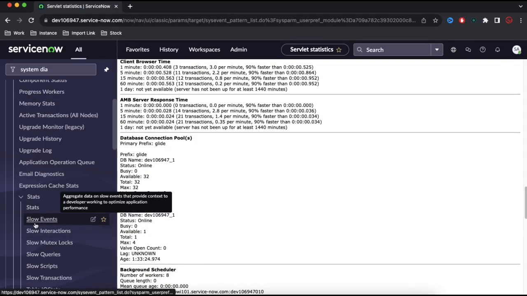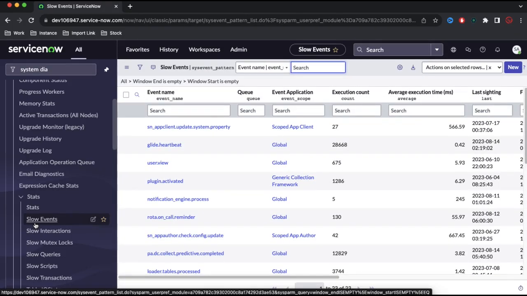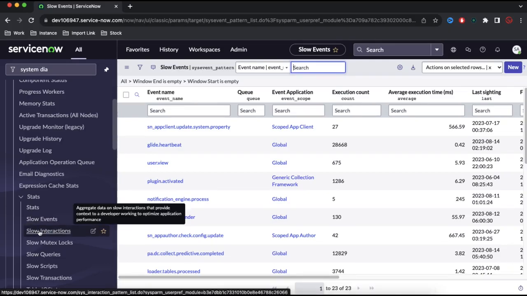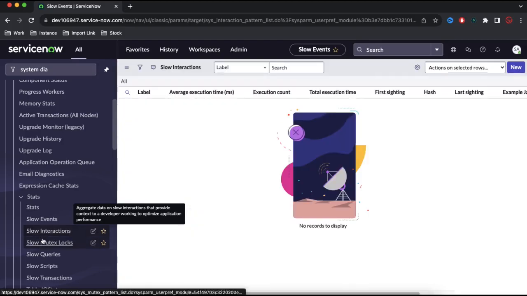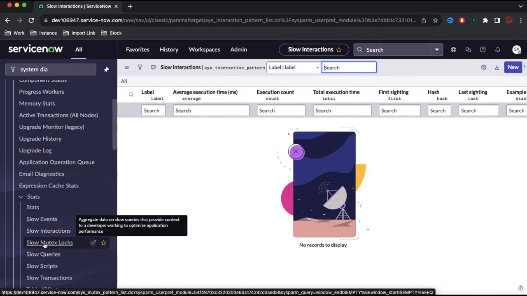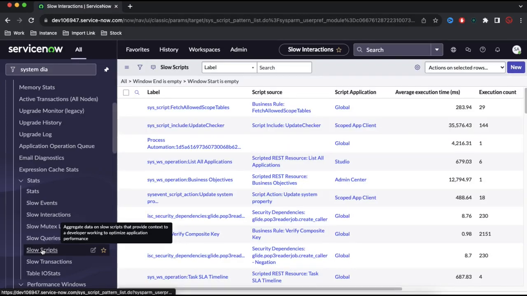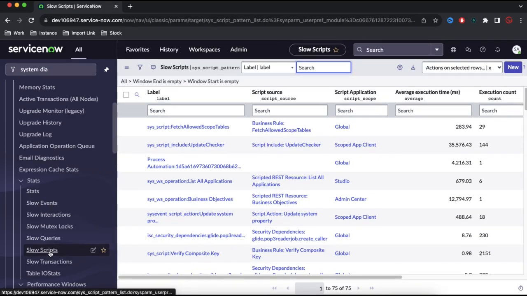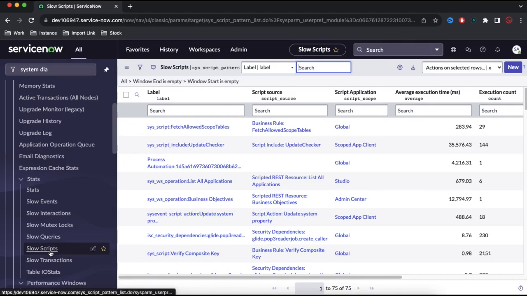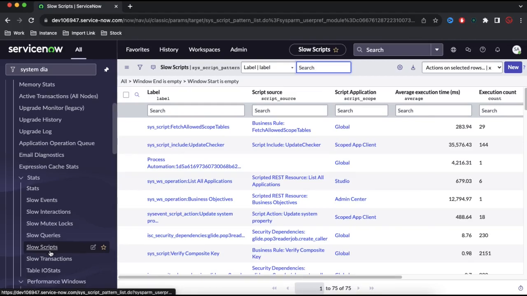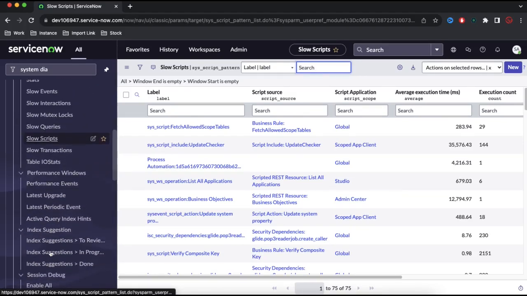Now, there is another module called slow events. If there is any event occurring and processing this event is taking so much time, you can find out under slow events. There is also slow interactions. So here it will show slow interactions, slow scripts. Is there any script which is running very slow? All these will be shown under slow scripts. So when you are debugging your system, let's say your system is not up to the mark, it is getting slow, you can verify those debug or statistics methods. So that's all about